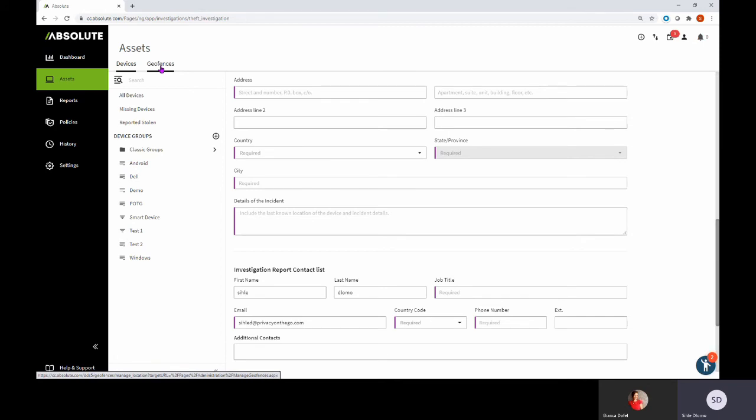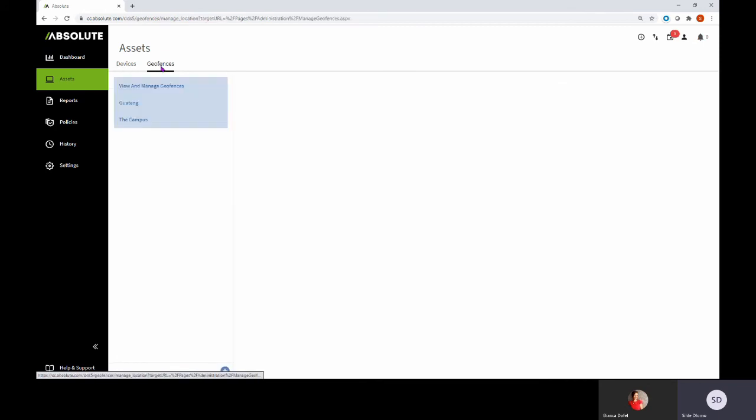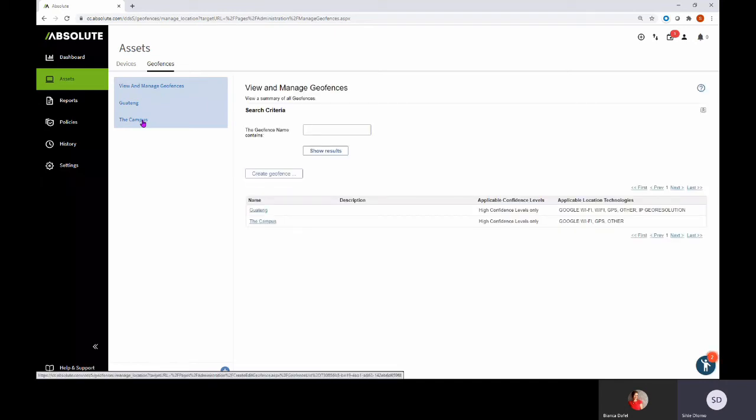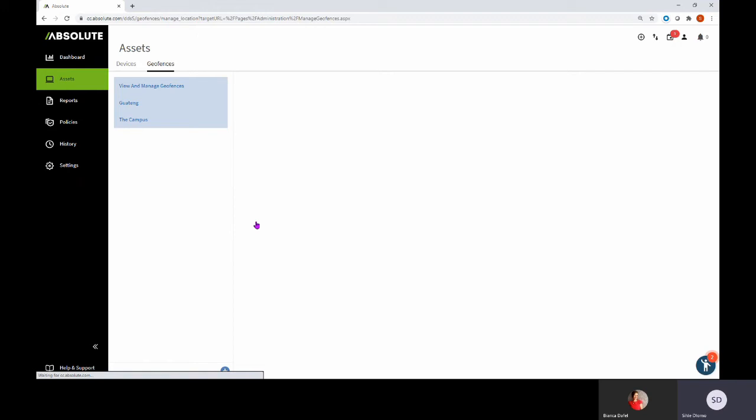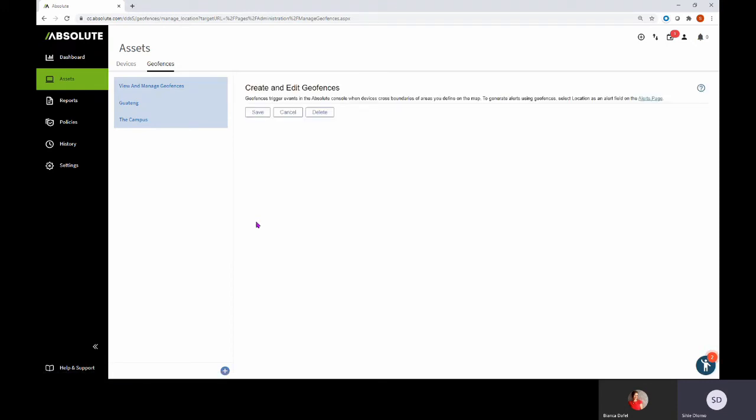Under asset, you also have geofence. With geofence, you can create boundaries around, for example, your premises. If a device leaves that premise, you also get alerted, and then you can start locking down the device or finding out why the device has left that boundary. There's also an option of